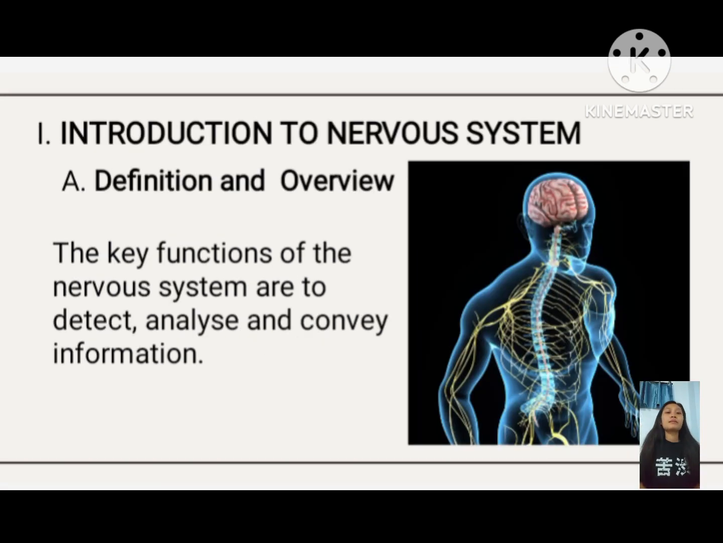So what is the nervous system? The key function of the nervous system is to detect, analyze, and convey information. Raw information is collected by sensory organs before being relayed to the brain for processing. A variety of brain centers then initiate signals along motor and autonomic pathways to control physical movement and regulate internal